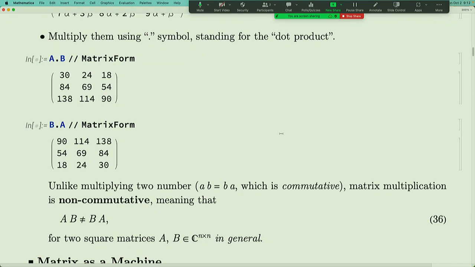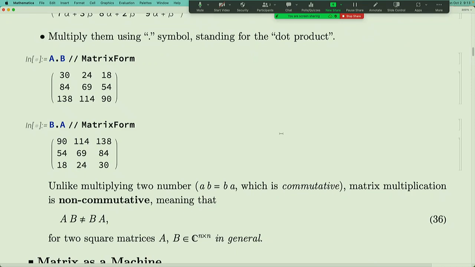And if you look at these two results, they are not the same. So you can see these are two different matrices. Unlike multiplying two numbers together, if we have 2 times 3 and 3 times 2, they are both 6, right? So if you multiply two numbers, the order doesn't matter. It's the same, which means multiplying numbers is commutative. You can exchange the order of multiplication, but multiplying matrices is not commutative. Matrix